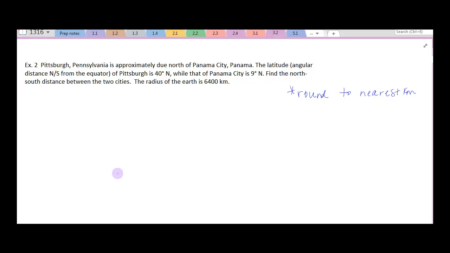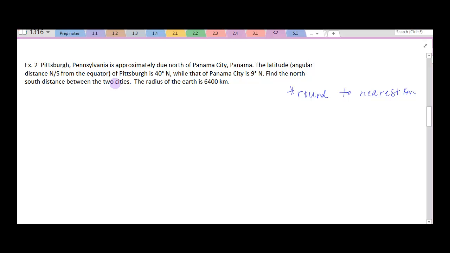So in this video, we're going to look at two examples of when we would actually use the idea of arc length. In this first example right here, we're given two cities. The first city is Pittsburgh, Pennsylvania. The second is Panama City. And we're told that Pittsburgh has a latitude of 40 degrees north, while Panama City has a latitude of 9 degrees north. What I'm being asked to find is the distance between